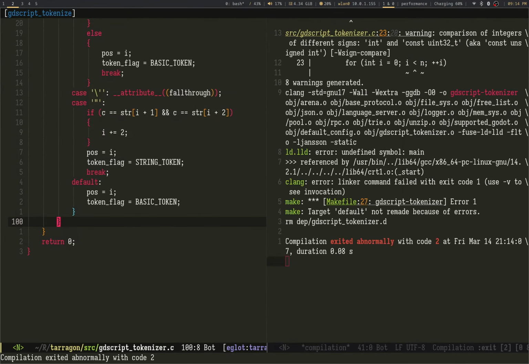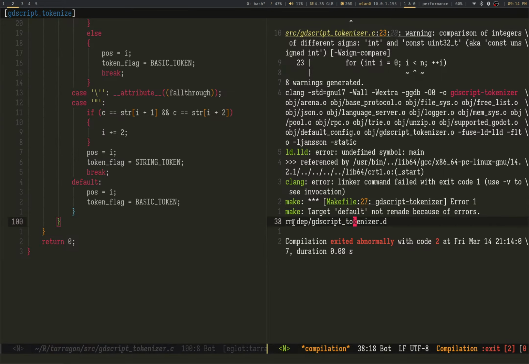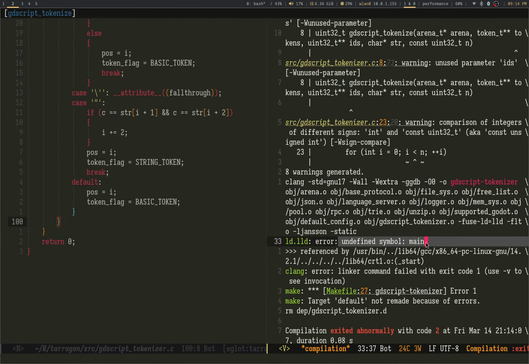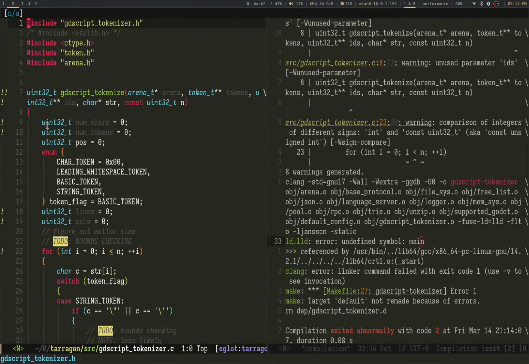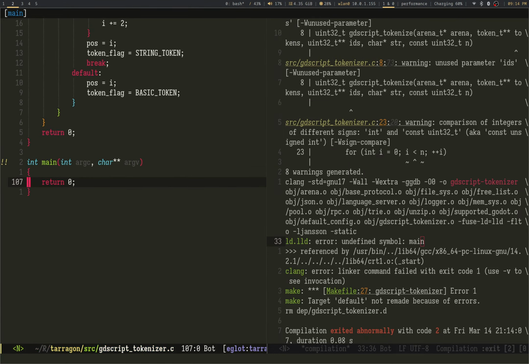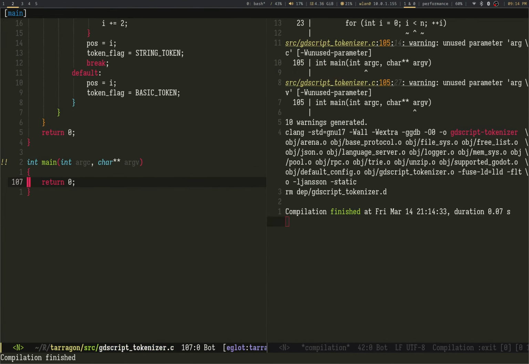Let's see. Oh, right. Target default not remade because of errors. Remove debug GDScript tokenizer. Undefined symbol main. Oh, I don't have main. There we go.